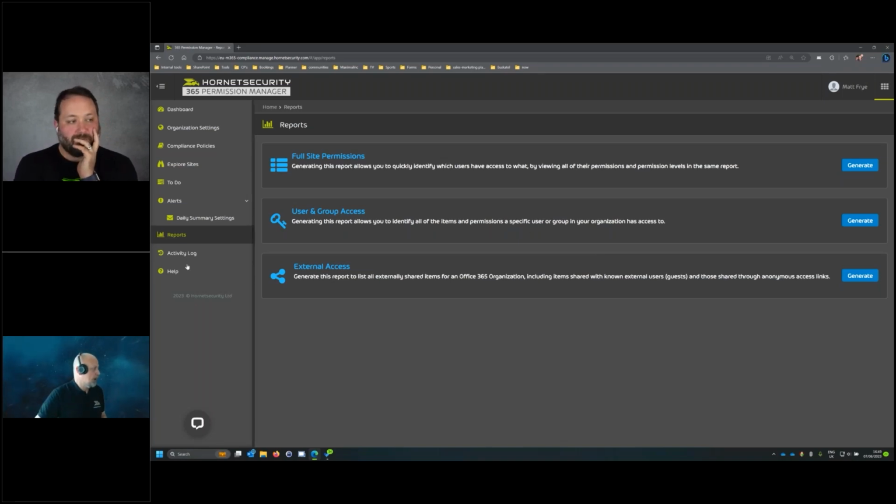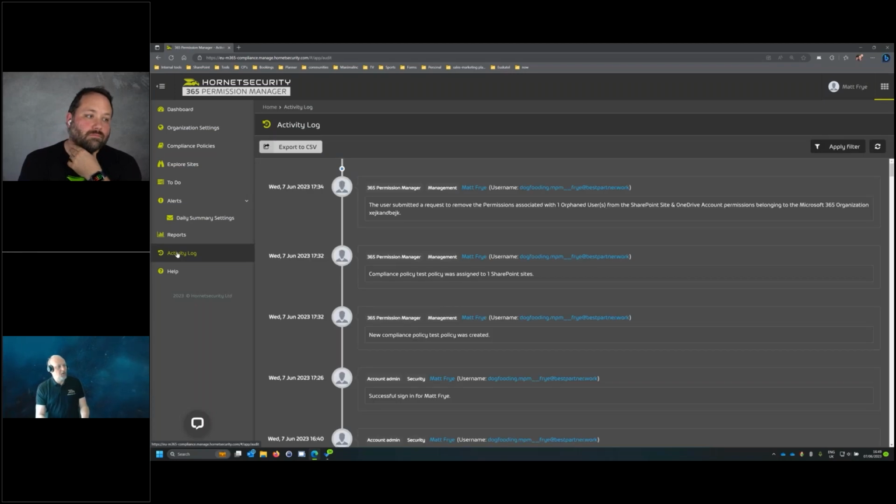Okay. As with all Hornetsecurity products, everything is audited, everything is logged. Everything I've done today will be in here now. Matt Fry on dogfooding.mpm, using my account name fry@bestpartner.work. My demo account clearly states exactly what I did. I requested to remove the permissions associated with one orphaned user. Clearly documented, clearly listed. Should there be a query in the future, I think you need to speak to Matt